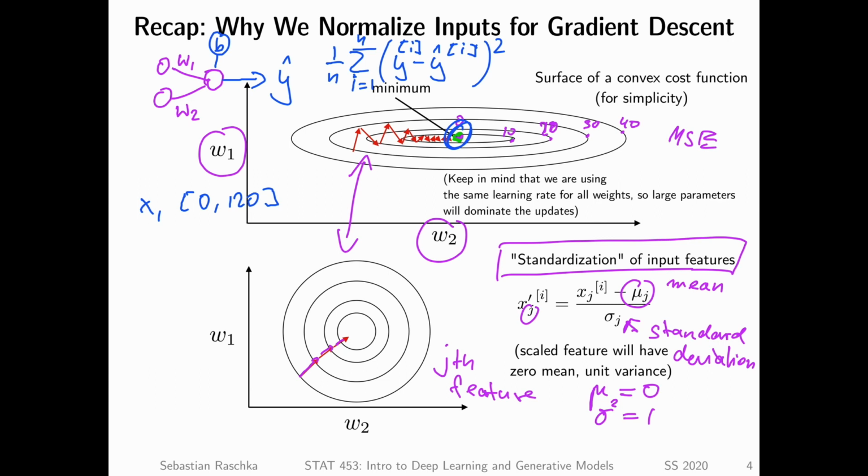And also what will happen as a consequence of that is that the values are centered at 0, and we have positive and negative values as inputs, which is also helpful for the optimization algorithms. Similarly, the weights are usually initialized so that they are also centered at 0. What I was drawing here was for the linear regression model. What I was showing you here applies to generalized linear models.